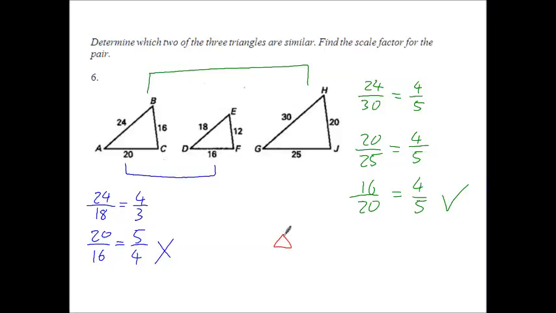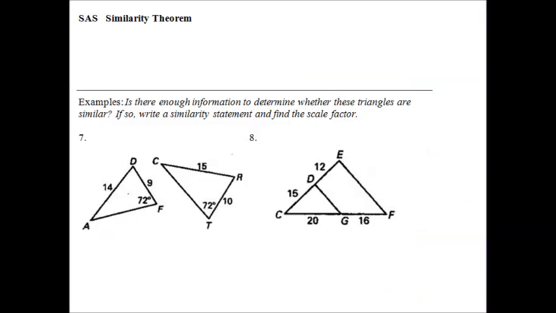So we can state that triangle ABC is similar to triangle GHJ, and the scale factor is the ratio that we have found each time comparing two pairs of corresponding sides, and it is 4/5. There is one more shortcut, and it is the SAS, or side angle side